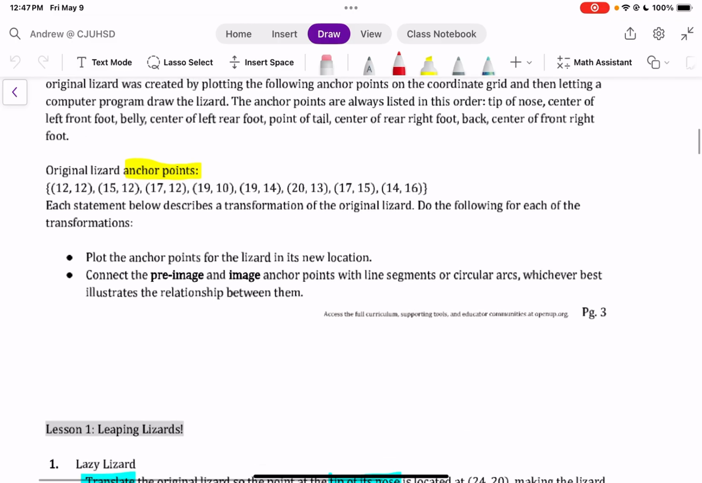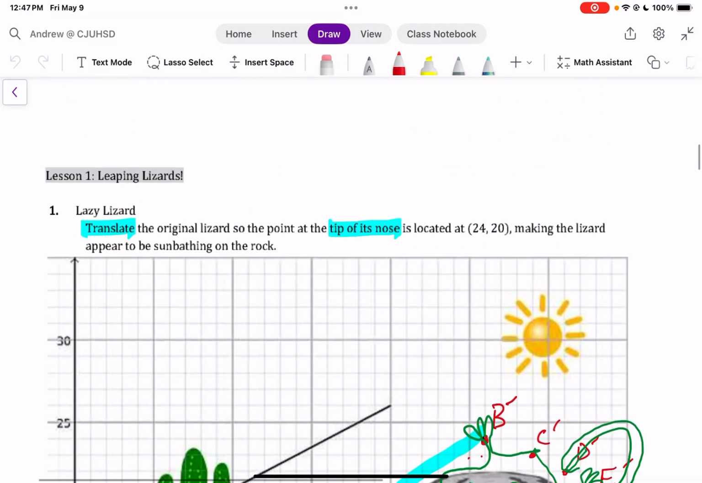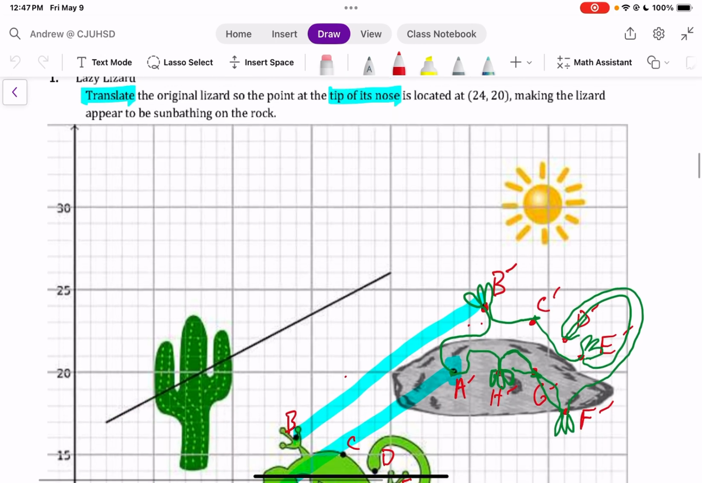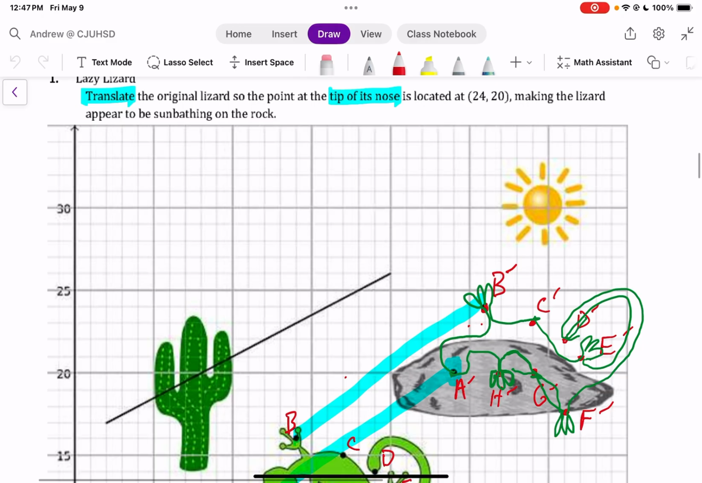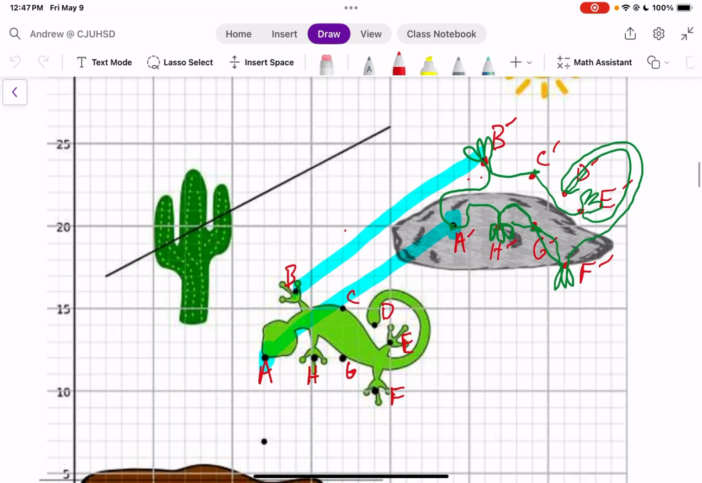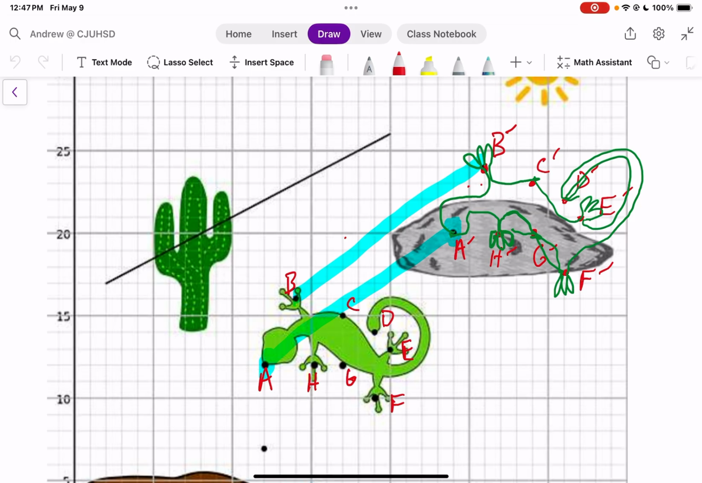It does give the original points of the lizard, but basically we could just take the points as we see them, and when on number 1 we're asked to translate, that means we're going to move them. Now, how far do we move all the points? The same distance. It says translate the original lizard so that the point at the tip of its nose is located at (24, 20). So we're saying if his nose moves from A to the A with a little mark on it, read as A prime, you see that on the rock,